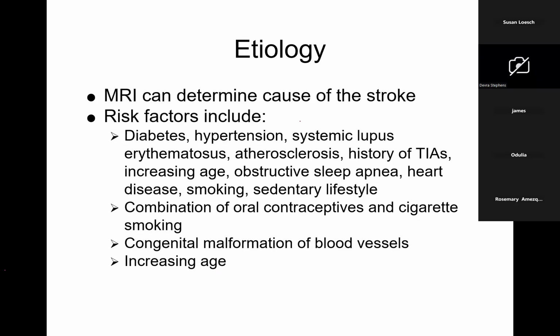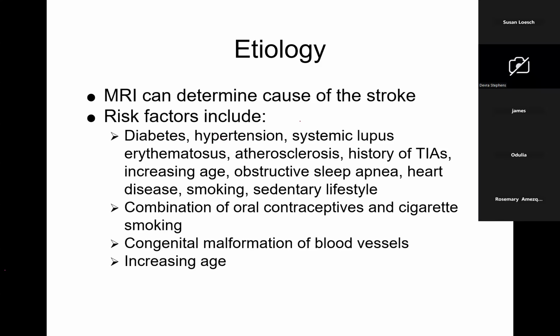So risk factors or causes of strokes are going to be diabetes, high blood pressure, systemic lupus erythematosus, because remember, it can put those collagen deposits and cause problems in all of the organs. Atherosclerosis is going to be your major one there, and those atheromas, which is that plaque breaking off. History of TIAs, increasing age, obstructive sleep apnea, heart disease, smoking, sitting around on your booty too much, or that